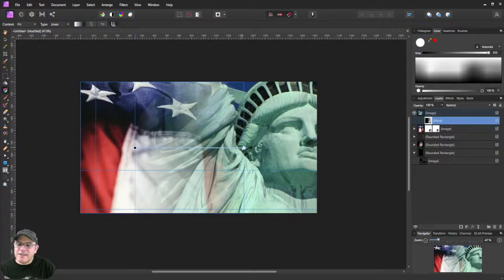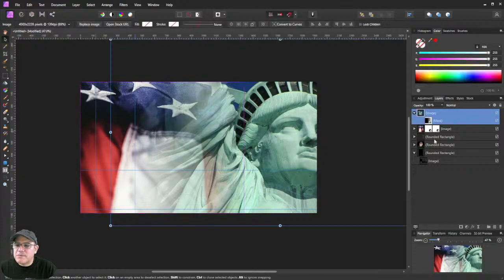A mask is simply a black and white image that will create the alpha channel for the object where the mask is applied. In this case, it's the Statue of Liberty. Black means you cannot see, white is what you can see. So the white is what brings the light, and the black is what makes the dark for the fading, for the alpha channel. All right, so now that we have that beautiful gradient,